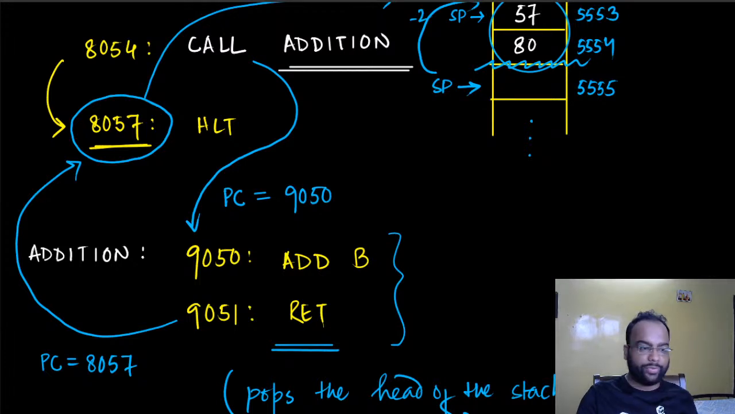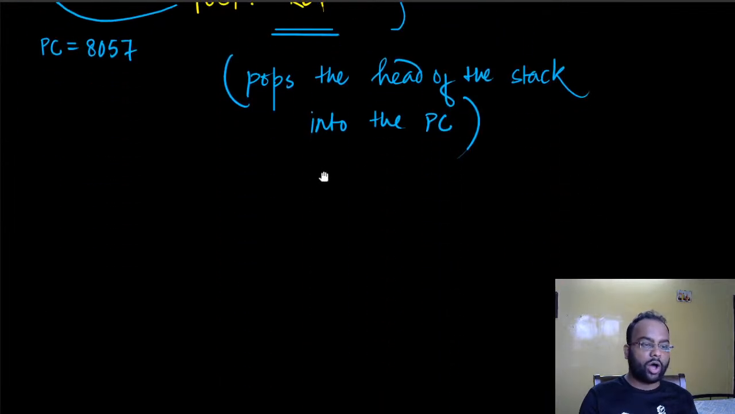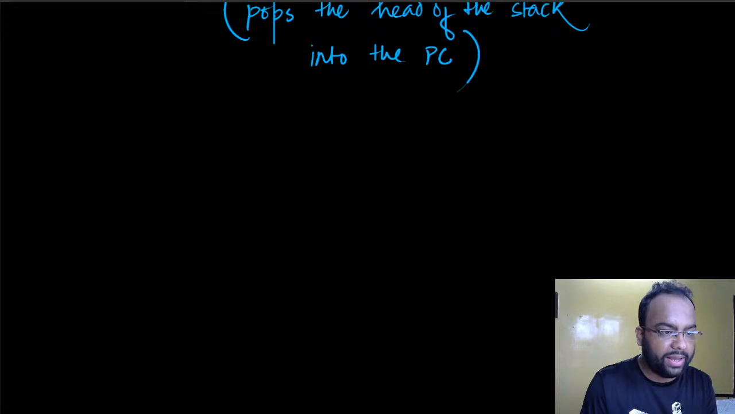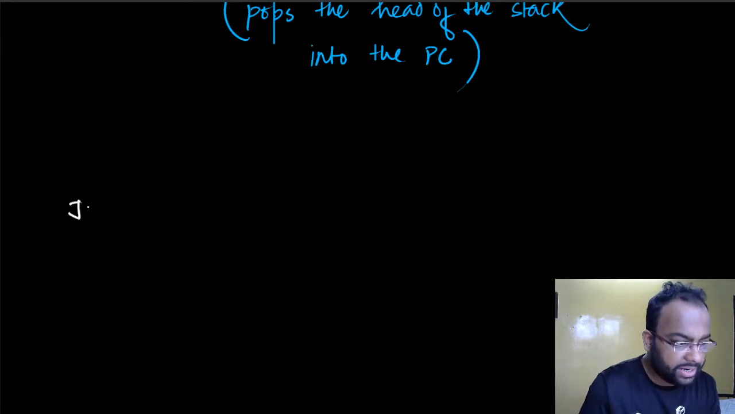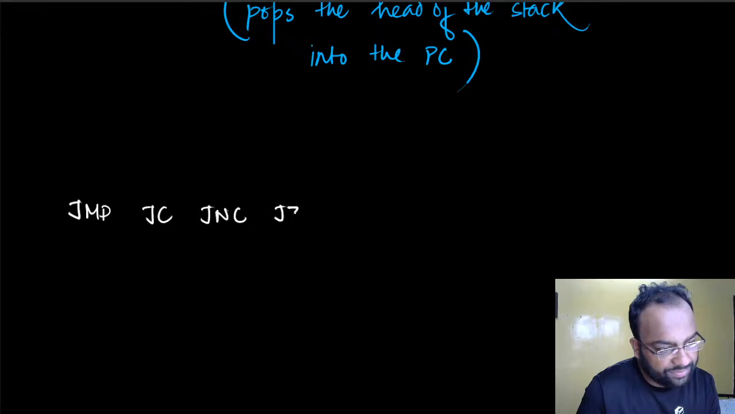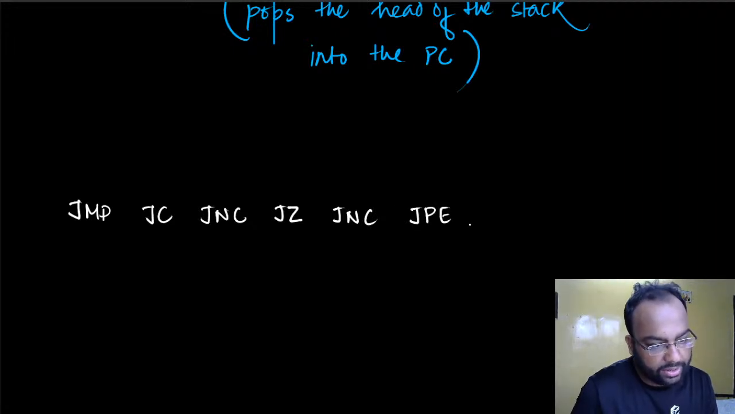All right, if you don't have any question, so this was call, right? So let's recall our jump instructions. We had quite a few jump instructions, namely the unconditional jump. We have jump if there is a carry, jump no carry, jump if the zero flag is set, jump if the zero flag is not set, jump if parity even, jump if parity odd,